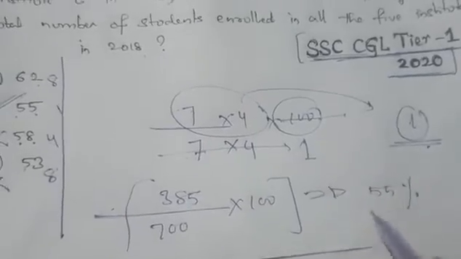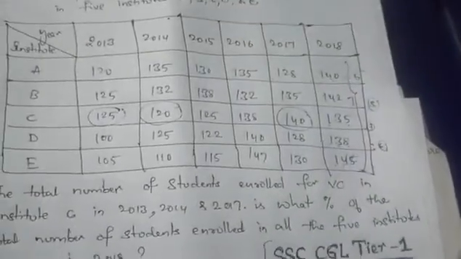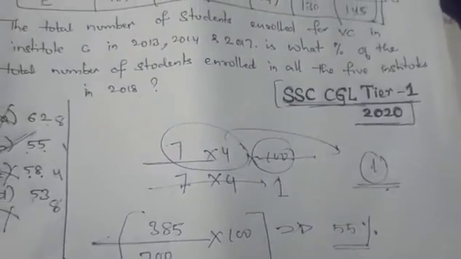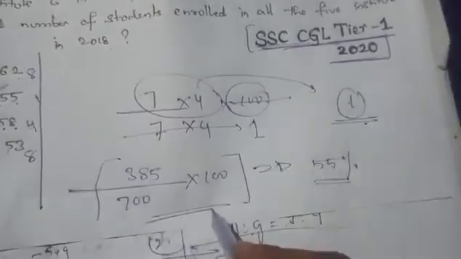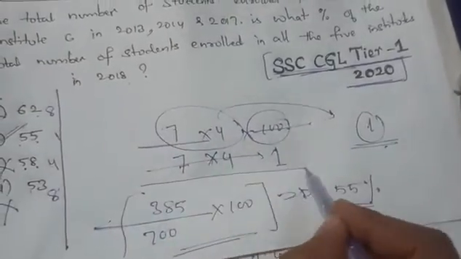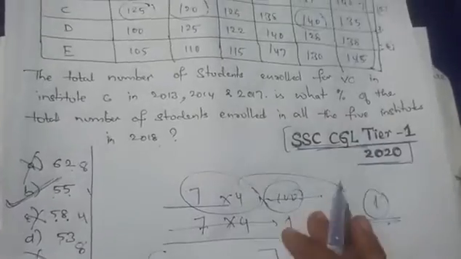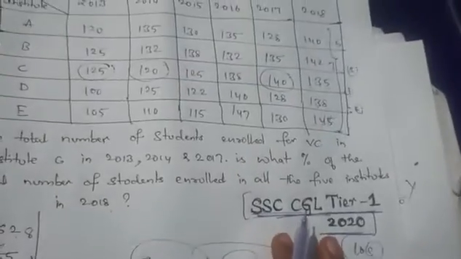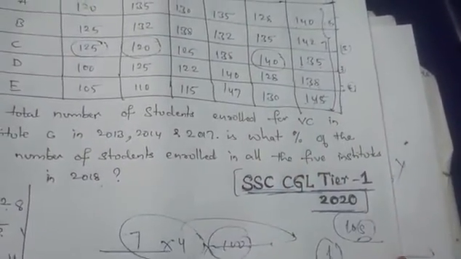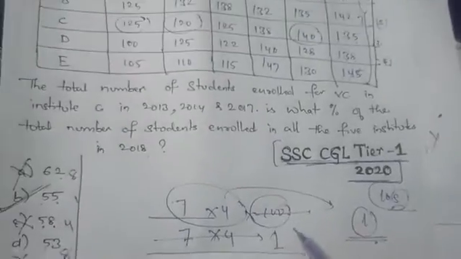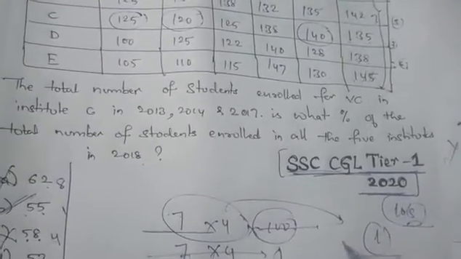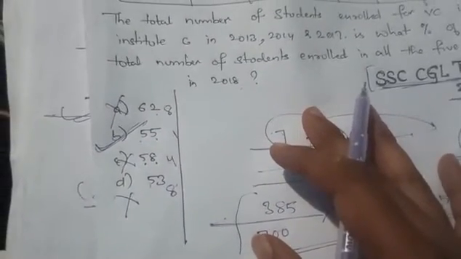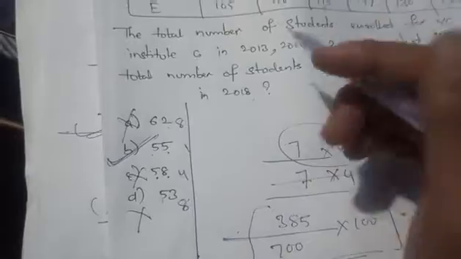Solving by the traditional method or through my method, that is the digit sum method, you can get the same answer. The only difference is that the traditional method may take plenty of time, whereas with this digit sum concept, if you practice very well, you can perform this within 10 seconds, I think. For explaining to you, I have taken this much time and explained slowly. Otherwise I would have taken 8 to 10 seconds to perform this. Check the options also. All the options have different digit sums. You need not worry about that.